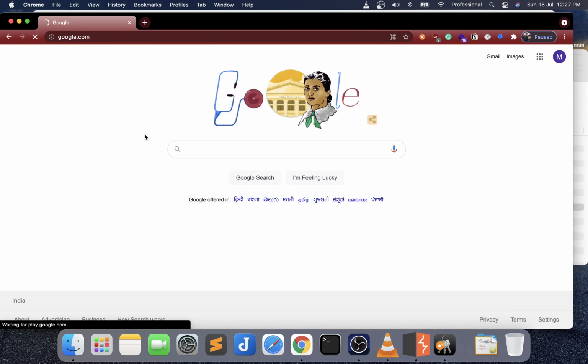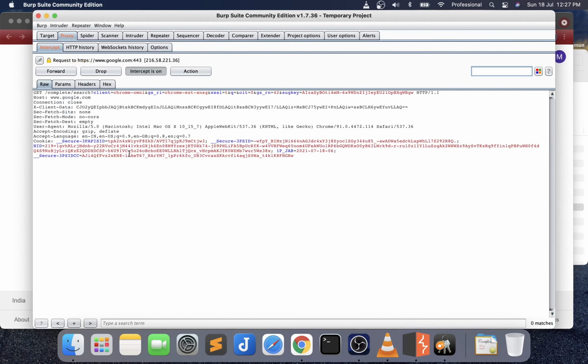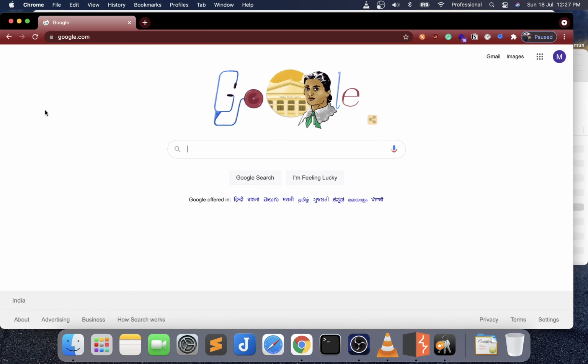Now as you see, this is not going through right now. So we have here proxy and the intercept is on. So the google.com website is going through the Burp Suite proxy, and our proxy and the Foxy proxy setup is working fine. So we'll just do intercept off and the site is working fine.